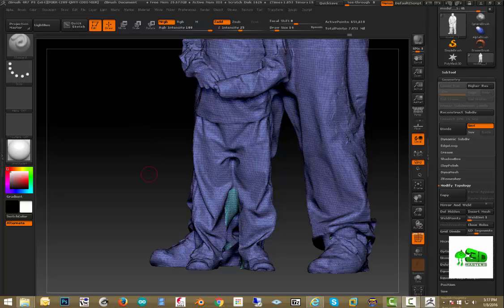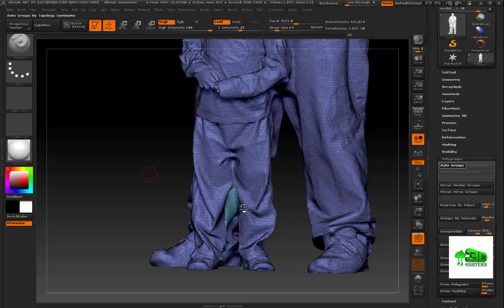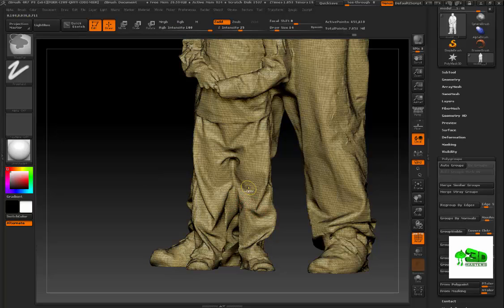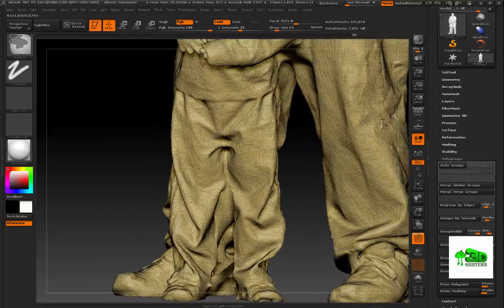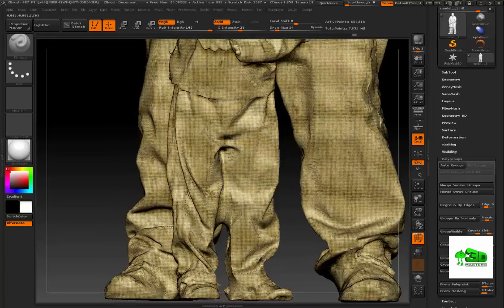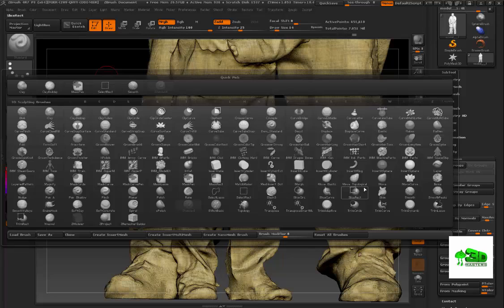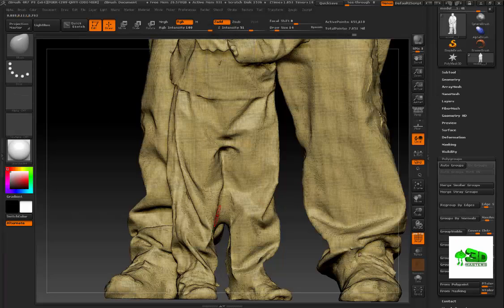Okay, it looks like it's all done. Let's go back in here. Let's just make sure that that's all one group again. I'm going to click Auto Group again. Okay, it is. And what I'm going to do to get this where I want, now you can export this into a third-party program, but to get it to where I want, I'm going to go ahead and hit B for brush, and I'm going to click on the Move tool,